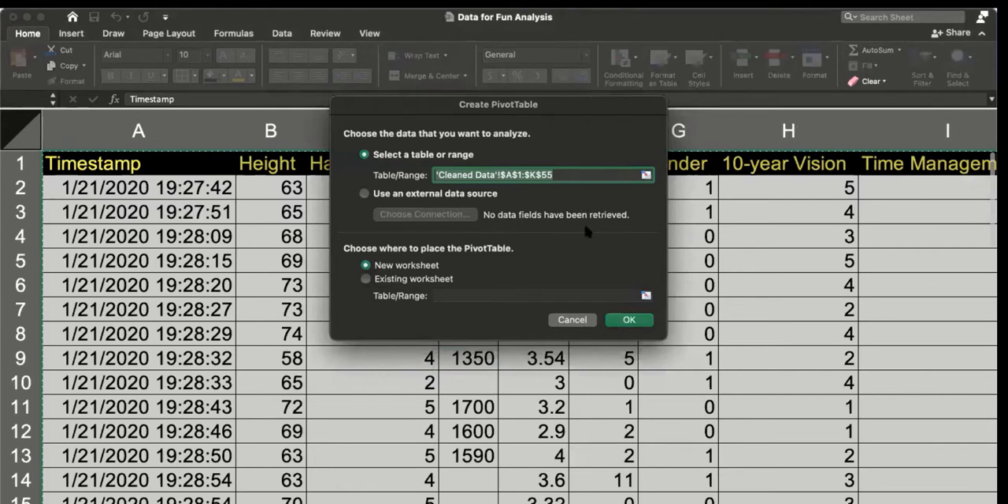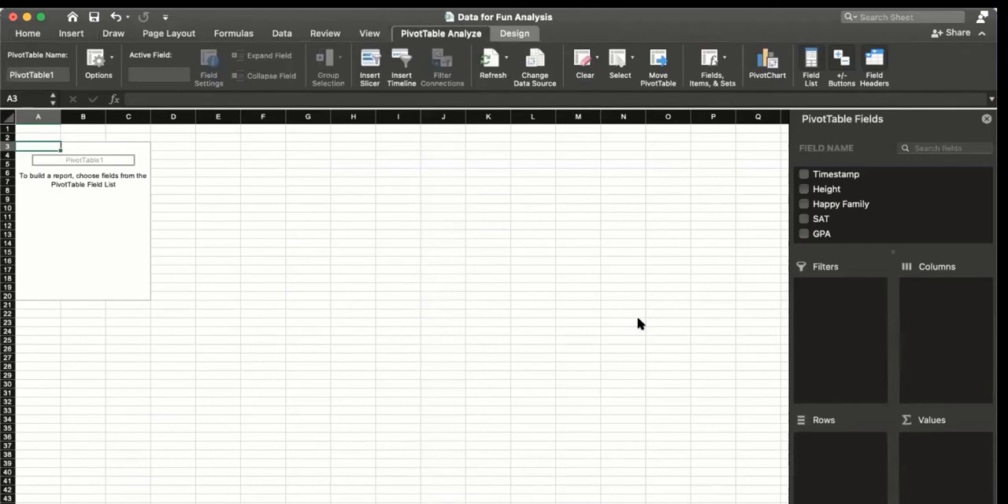And I already selected the data, clean the data, that's a worksheet name, and A1, you see the $ A1, it's fixing the range, and K55, that's the data range. I'm gonna go there, and it automatically creates a worksheet called sheet 3, and later I'm gonna change the name. And I wanna see the relationship between happy family and life satisfaction, right? So